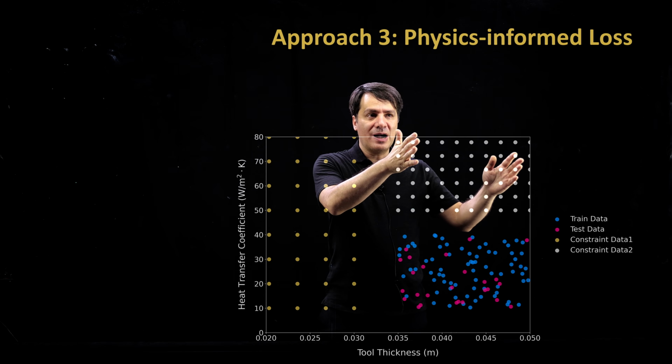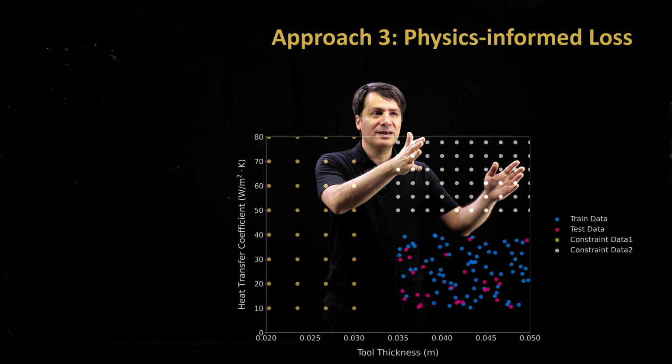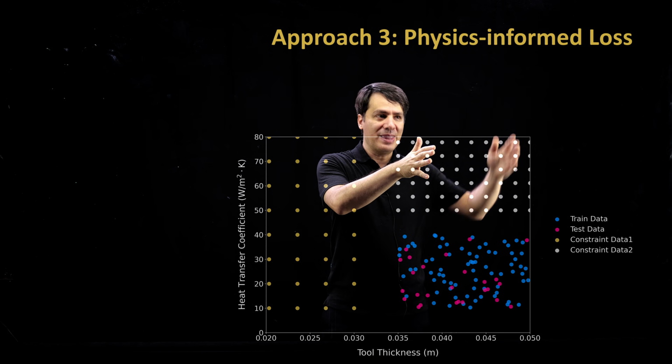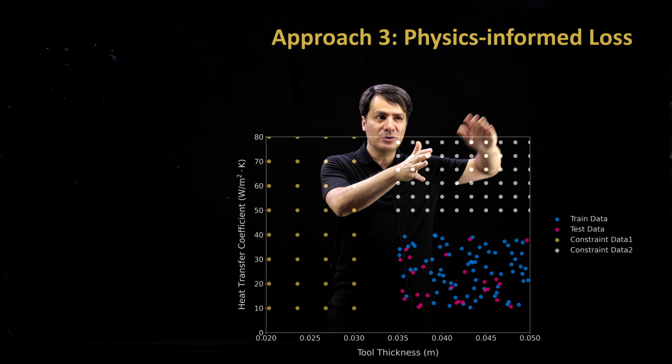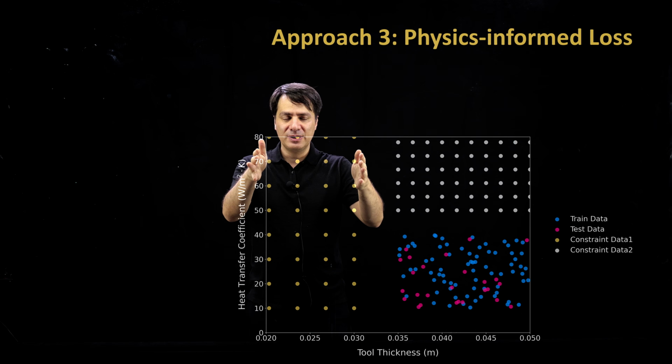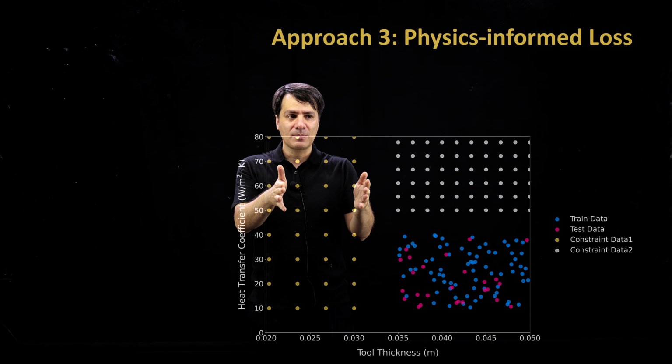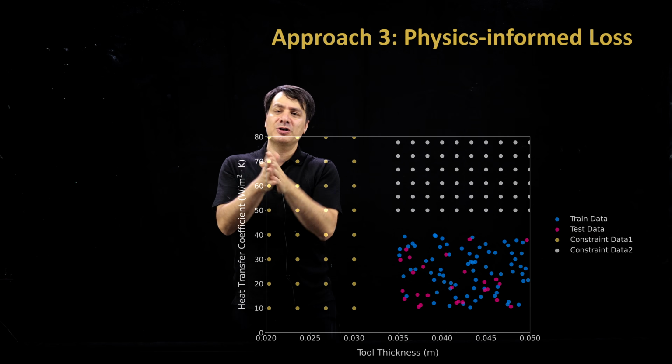In this zone, which is a higher zone, we know that the derivative of the outcome with respect to H should go to 0. It should plateau. In this other zone, where we have the thin tools and lose this ability as a heat sink, we should start increasing the temperature of the part with a